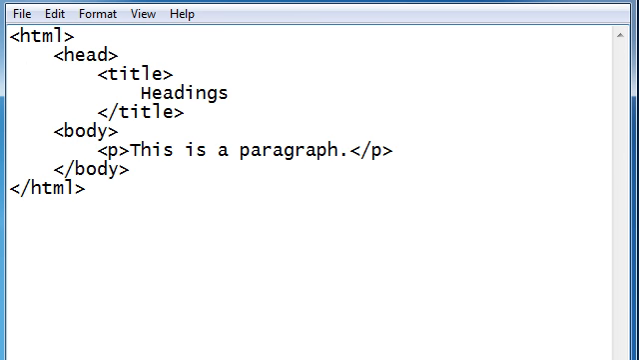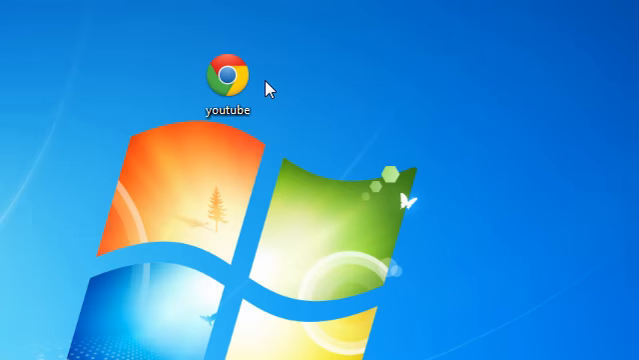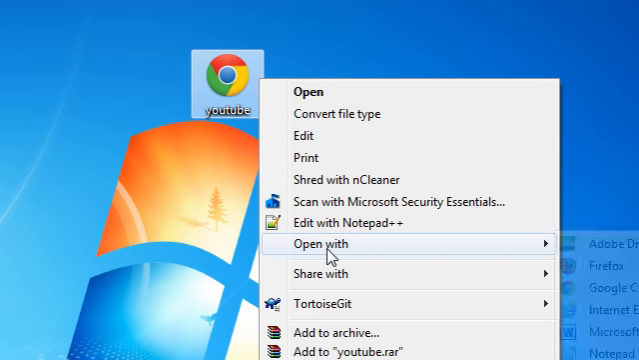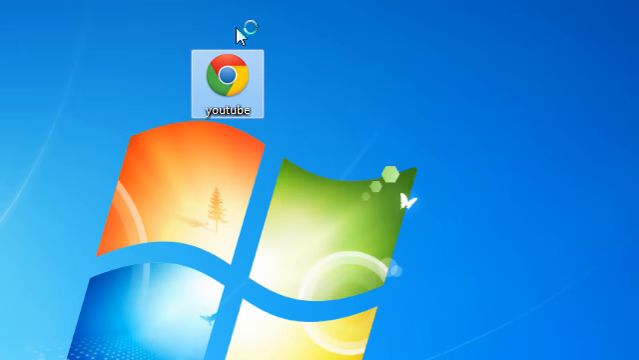So we press Control S to save it, and again we'll right click on this and open it with Internet Explorer. And if it decides to load anytime soon, there we go. Alright, so this is a paragraph is really all that will output, and as you see, it's